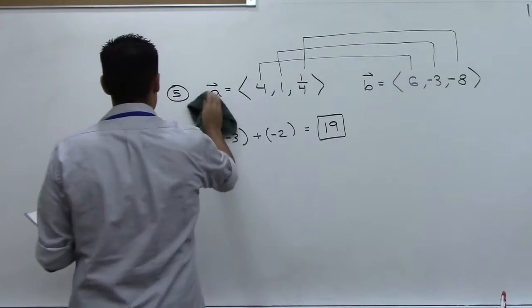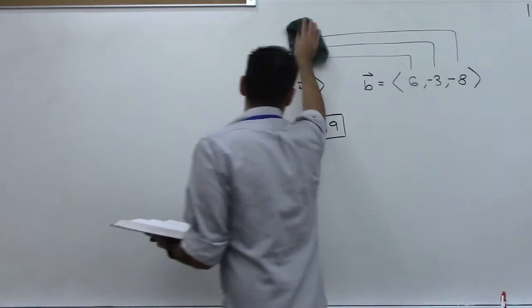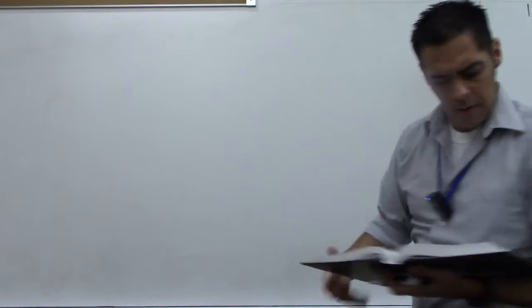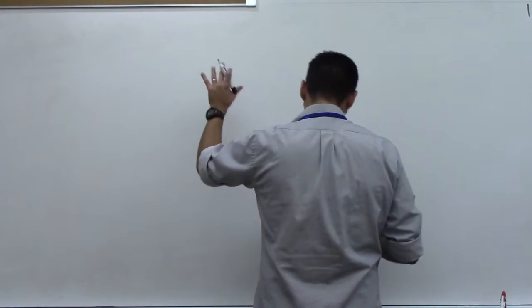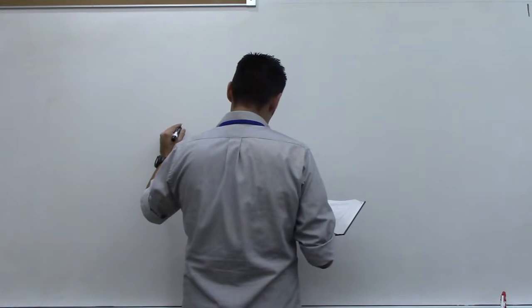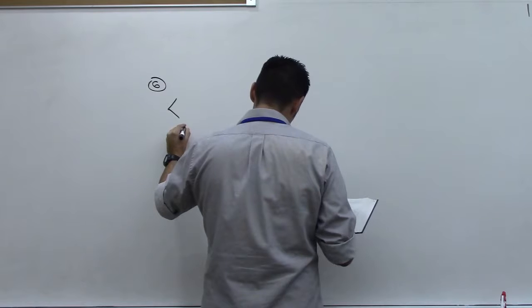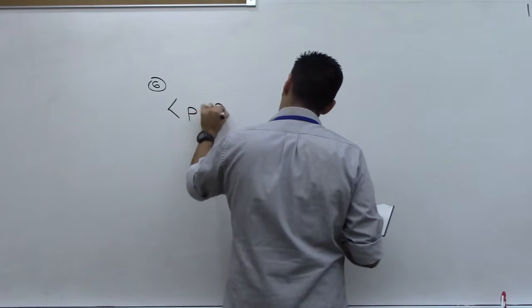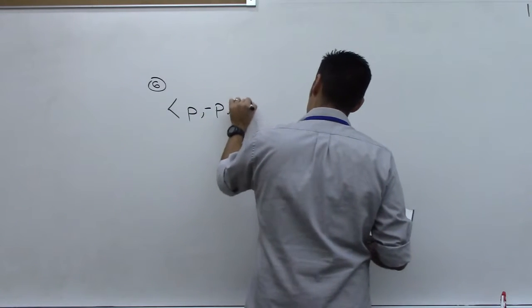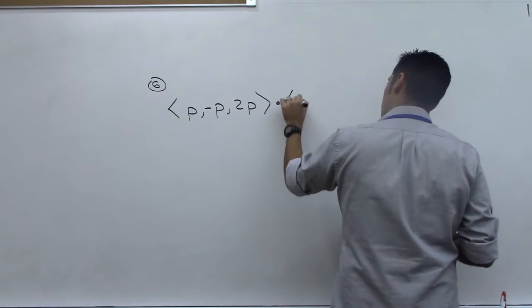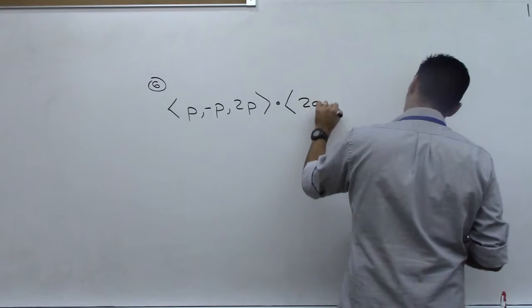Let's look at 6. I'll go a little faster with 6. I'm not going to rewrite everything the way they are, or write A and B. I'm just going to write that we're doing the dot product for number 6. We're dotting the vector P, -P, 2P with the vector 2Q, Q,